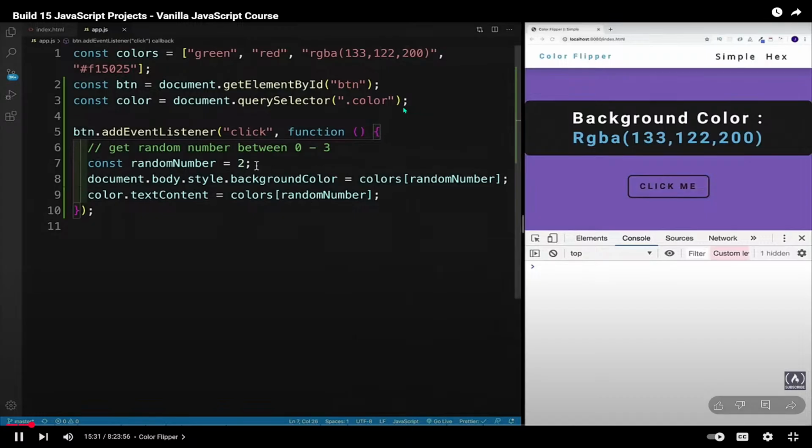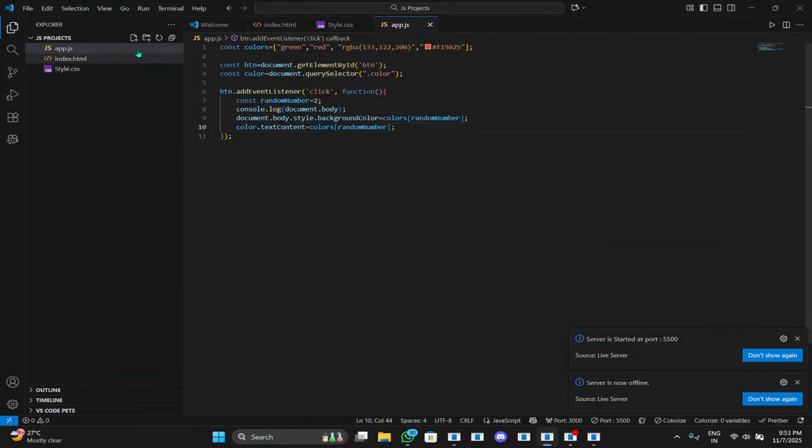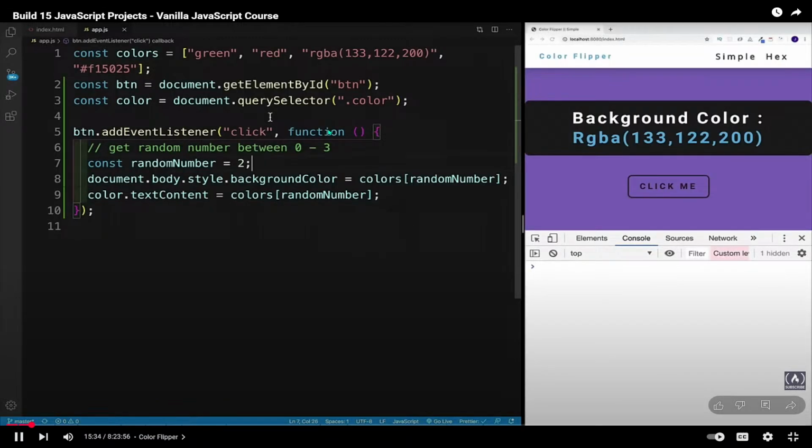So all of this is nice and dandy, but how we can actually make this more interesting, where we'll get a random number from our array? Well, I guess we could start by setting up some kind of function that will generate that number between 0